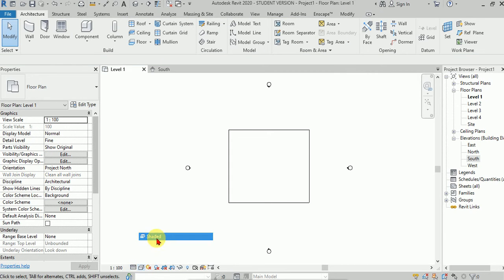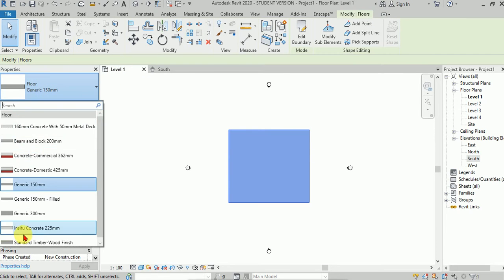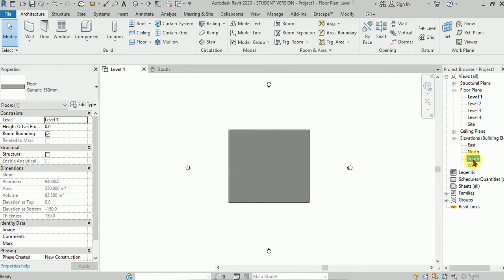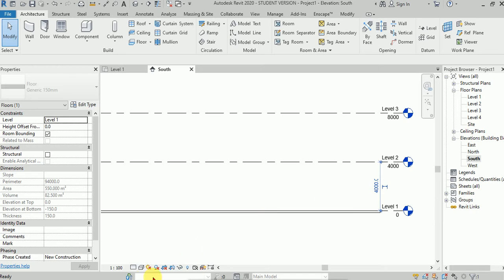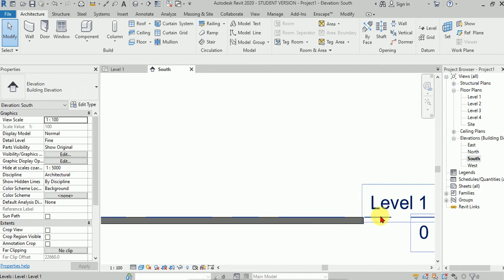I'll just make this fine and shaded. I have made this floor on which level? It's on level 1. This is my floor type and these are the various options you can see. So these are the various families and types of floor. Now if I go to the elevation of it, this is made on level 1. If you see in this elevation, your floor is generated